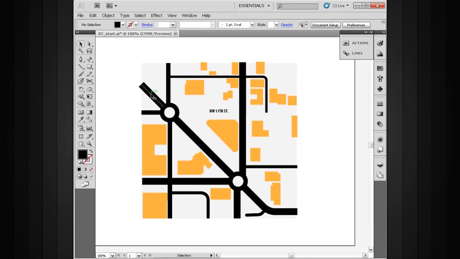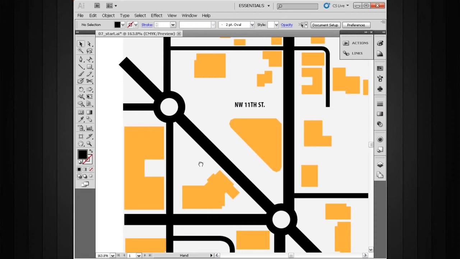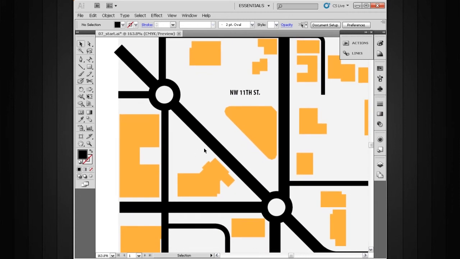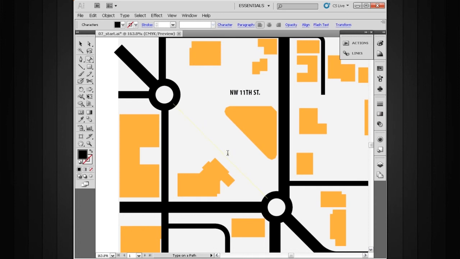I think the next road I'd like to take on is this one right here. Now, remember we have a couple roundabouts here, and in looking at the reference on my other screen, I see that this one's named Classen Drive. So let's grab our Type on a Path tool again. Let's click on this portion right here first. Now, clicking on that, we've got our flashing text insertion cursor. So let's type in Classen Drive,